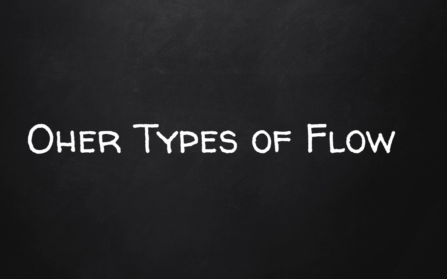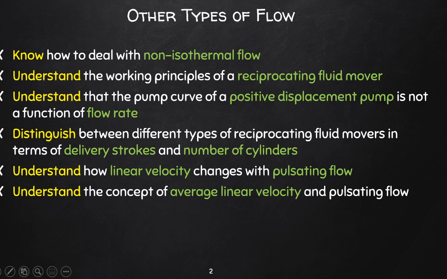In this lecture we will be going over other types of flow that you can get. So we've done Newtonian flow, etc., and now we're going to go into other types. We will briefly go over how to deal with things like non-isothermal flows before moving on to the effects that certain fluid movers can have on the flow rate, as well as the pressure due to the pulsations that occur,